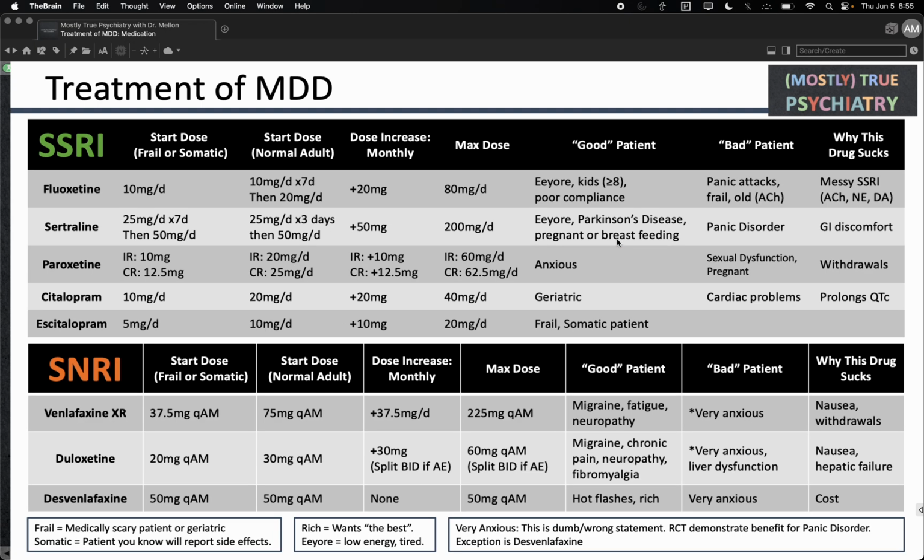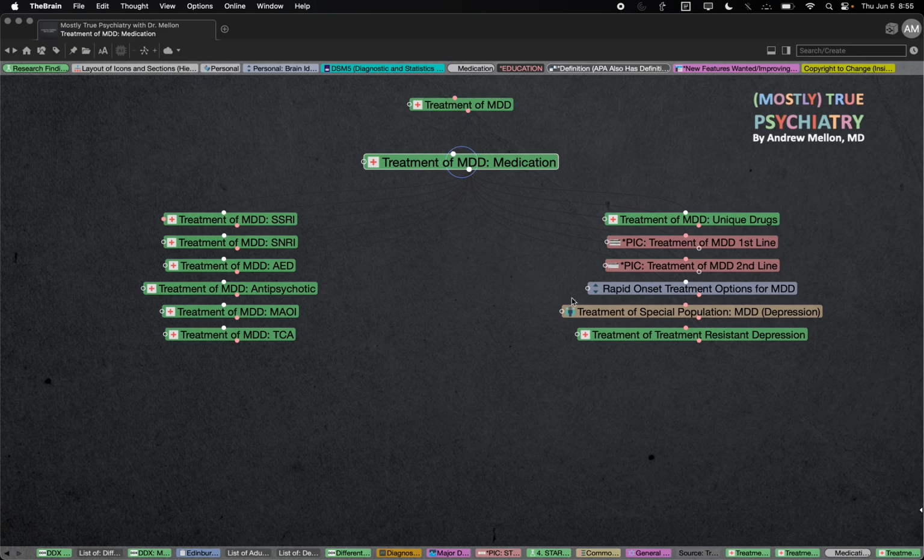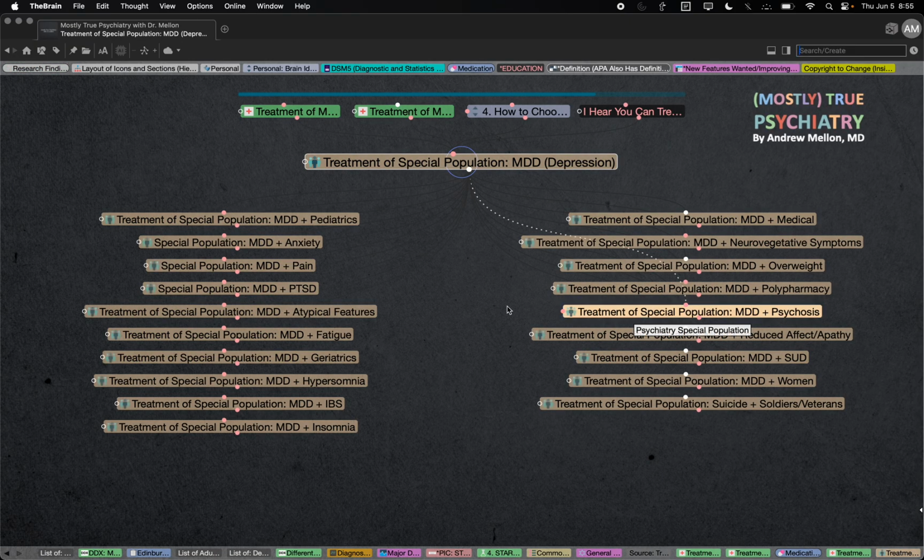I can give them just quick pictures if they just need to see dosing strategies, common side effects that they need to know. Maybe it's a particular patient population that they're trying to figure out. So for depression, there's some evidence for specificity based on that. So maybe